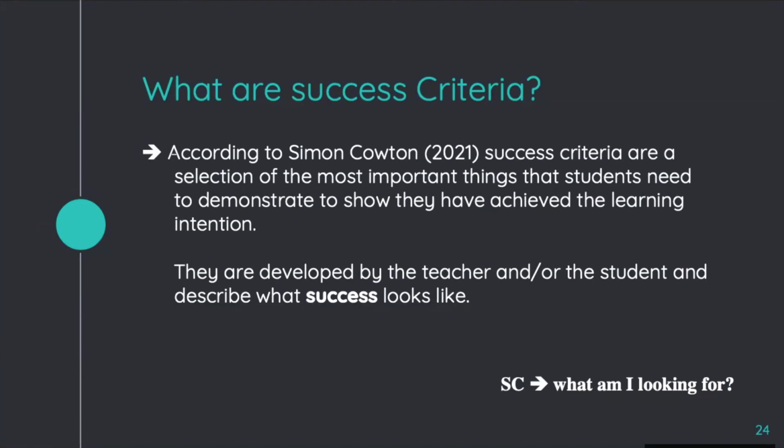You could include your students in that process. I find it a little bit difficult with lower level students, but when we talk about PhD or master's students, it's very easy to discuss success criteria, and it's very easy to work together and make a way around them. They would share, this is my objective, this is what I want to do, this is what success looks like, and then you could compile everything into a success criteria that is made in collaboration by the teacher and the student, right? However, it's also doable with lower level students.